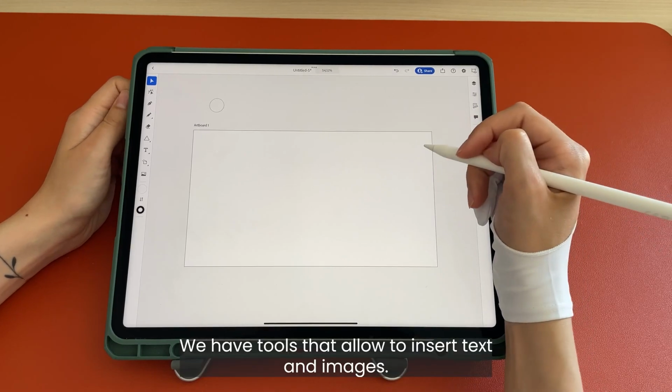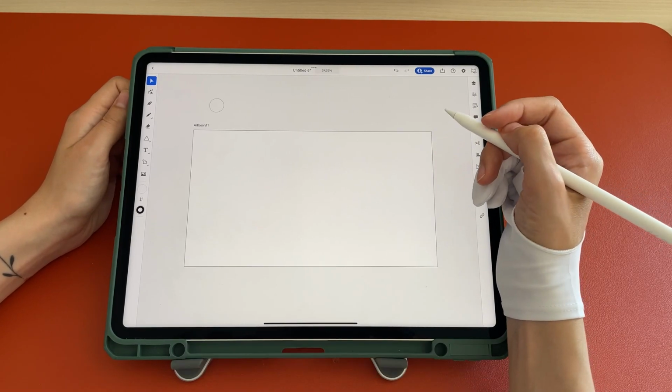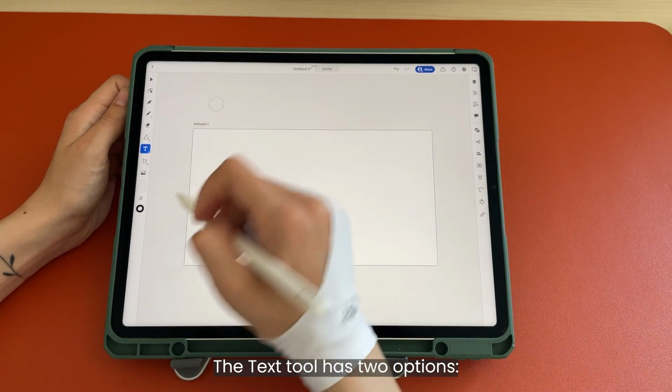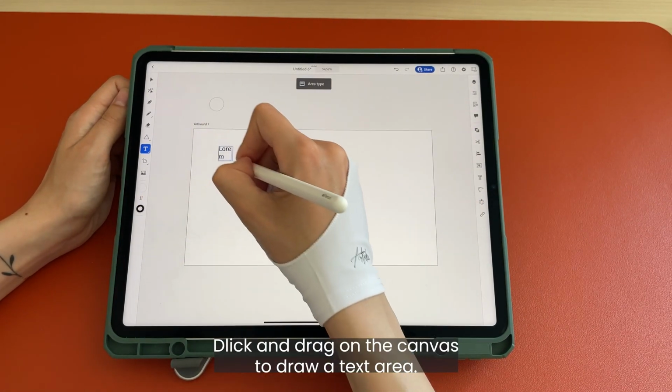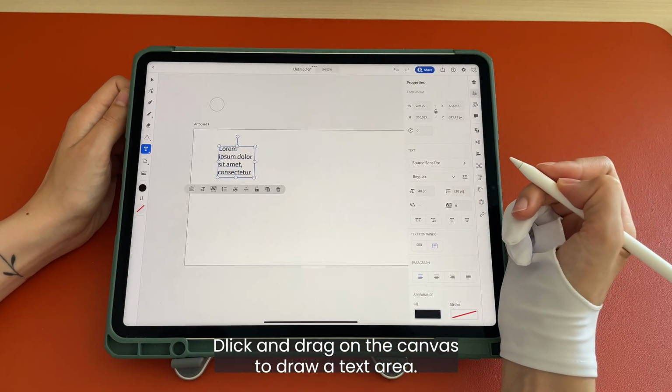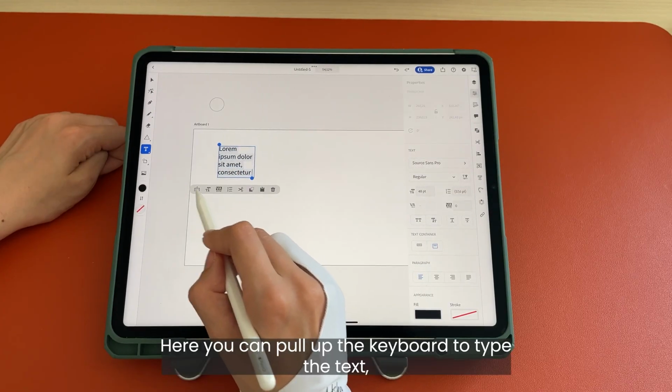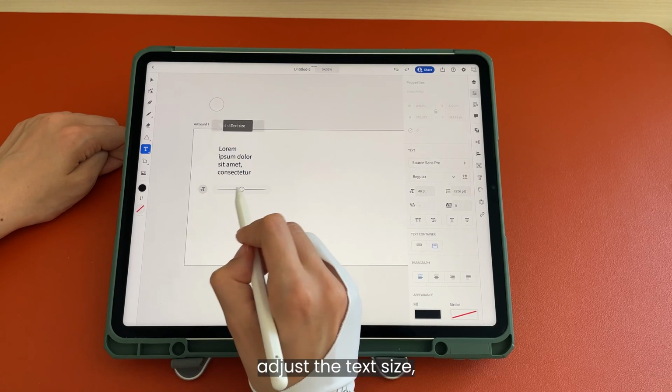We have tools that allow to insert text and images. The text tool has two options: horizontal and vertical text. Click and drag on the canvas to draw a text area. Here you can pull up the keyboard to type your text, adjust the text size,